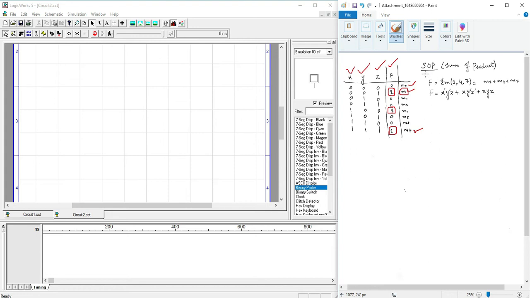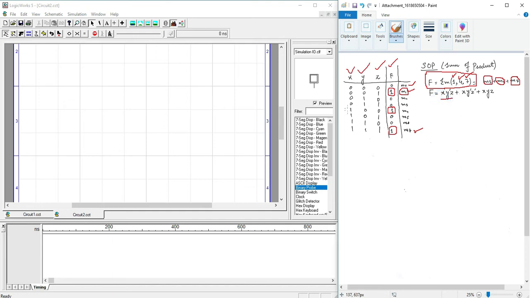I have also written this in the form of summation. For this summation, the output is high on location 1, location 4, and location 7. Now this summation is expanded and we get m1 added with m4 added with m7. Now we will write the literals in the location of m1, m4, and m7. For m1 we have considered the inputs x bar, y bar, and z.